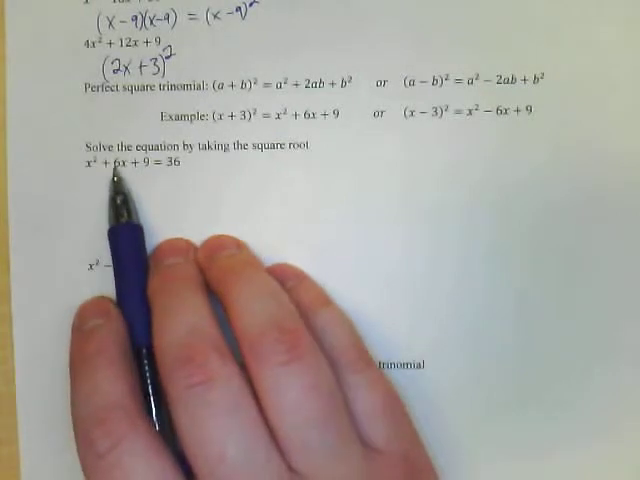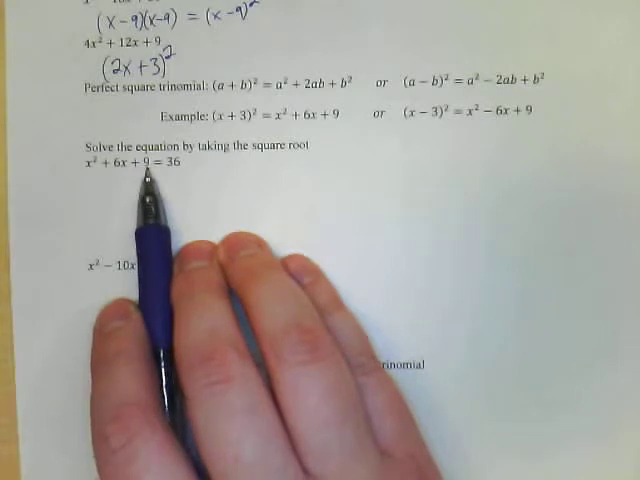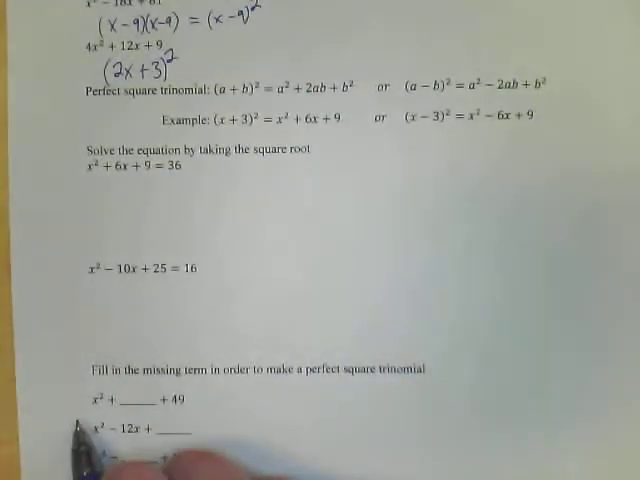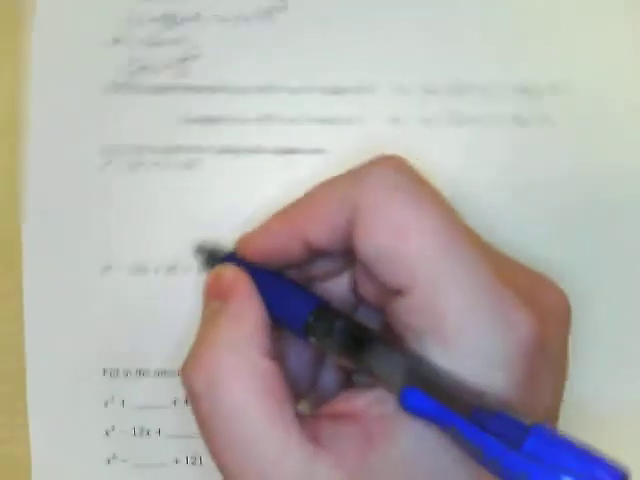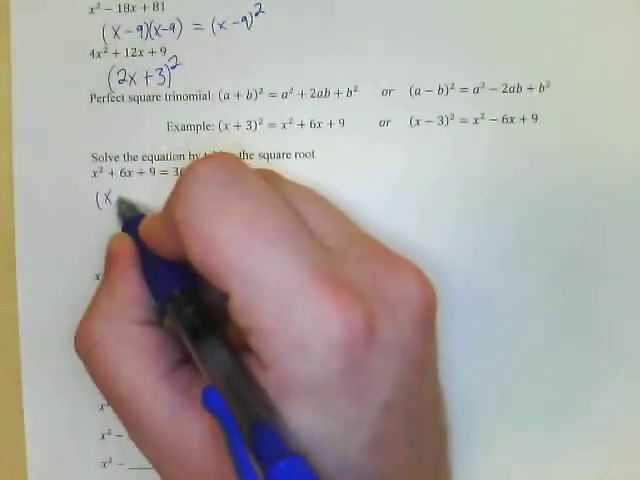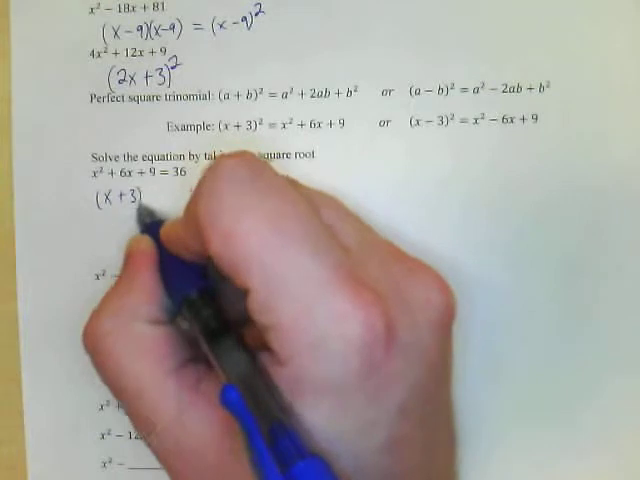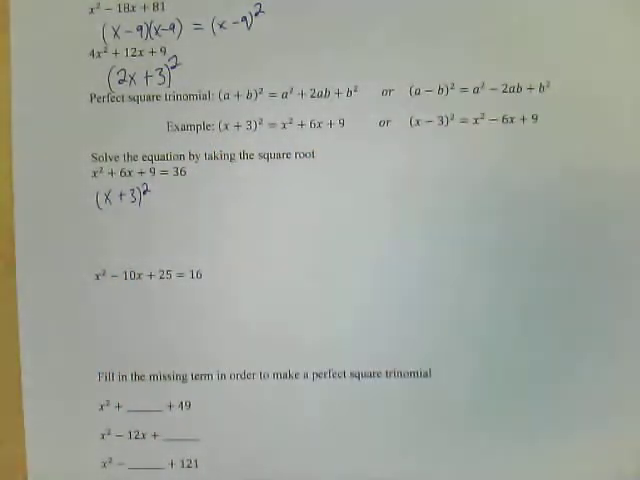And we can tell because half of 6 is 3, and then 3 squared is 9. So this is a perfect square trinomial. We can factor it just like the other ones up here. So x squared plus 6x plus 9, that is the same thing as (x plus 3) squared. Now if you don't believe me, you could check that, multiply it out, and you'll see that you will get